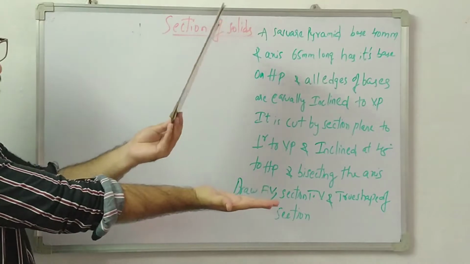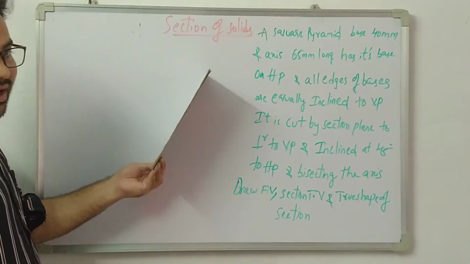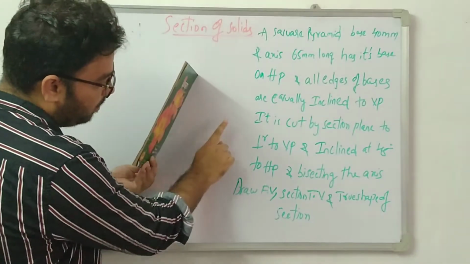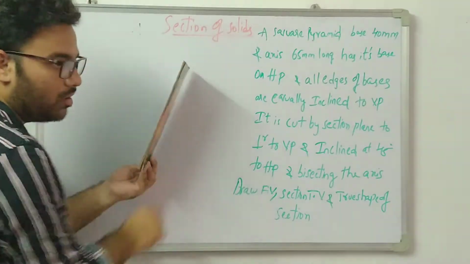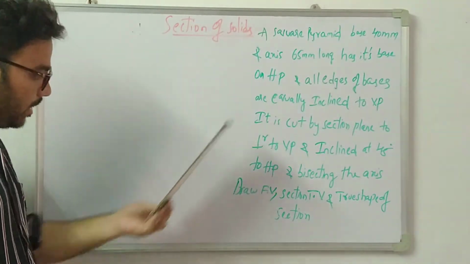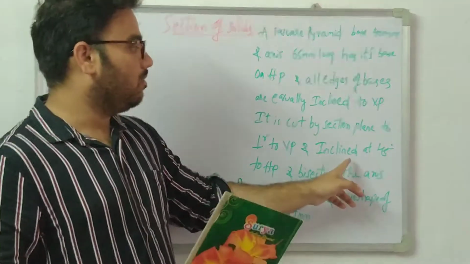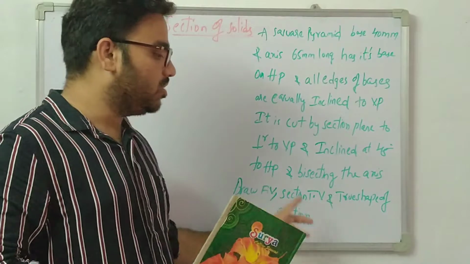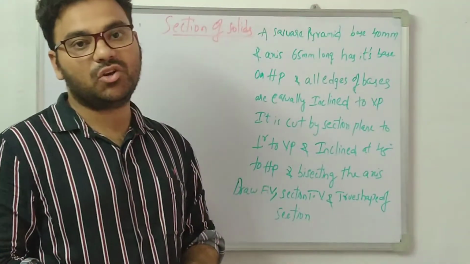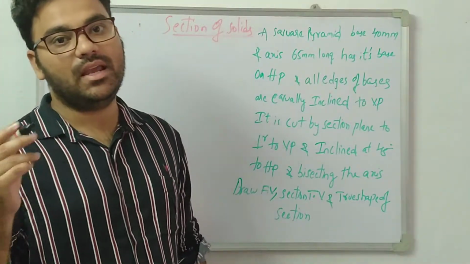This my hand is a horizontal plane. It is inclined to the HP and perpendicular to the VP. Why is it perpendicular? This is also a plane, this is also a vertical plane. The angle between these two planes is how much? Perpendicular. So I satisfied the condition. It is perpendicular to the VP and inclined to the HP. Whenever the inclination with respect to HP is given, he has mentioned theta, and the theta should every time be drawn above the XY axis.